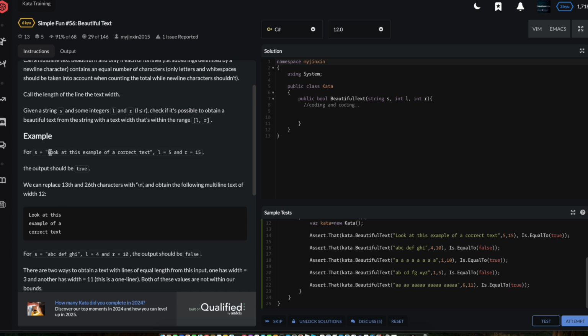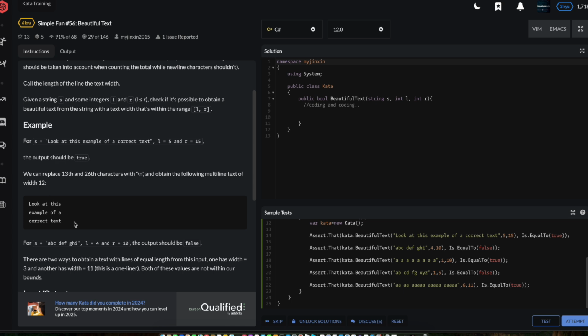So like if L is 4, it would be 0, 1, 2, 3, 4, cut right after, of where you could potentially start to look for line lengths that could result in a beautiful text if you insert them at every 4th character. For example, if L equals 4, L equals 5, etc., you're doing it every 5 characters. So they gave you one that's true. This string S, notice it just looks like one sentence here all on one line. But you can replace the 13th and 26th characters with the new line character and obtain the following multi-line text